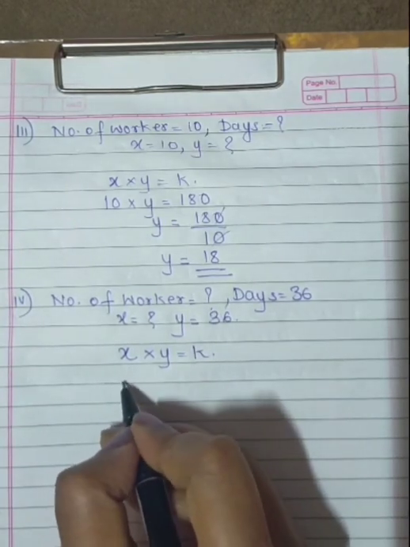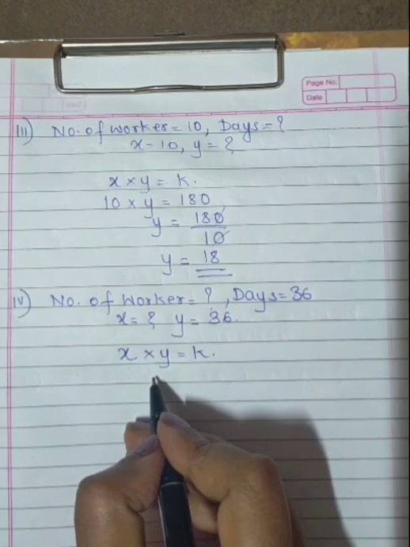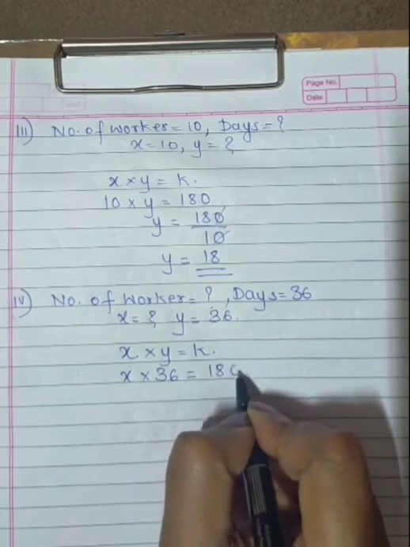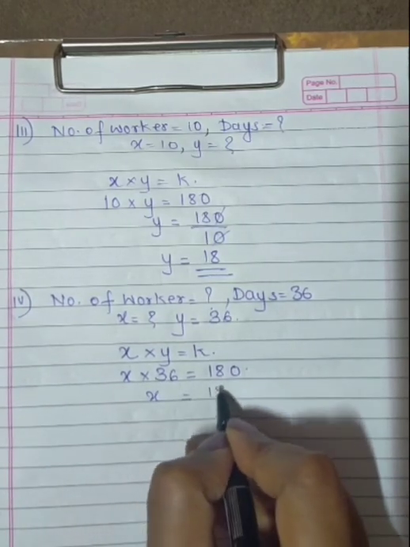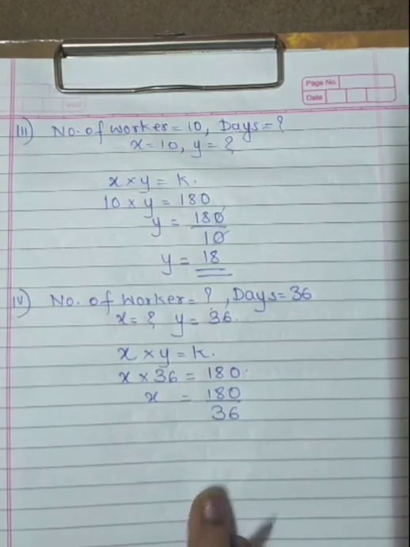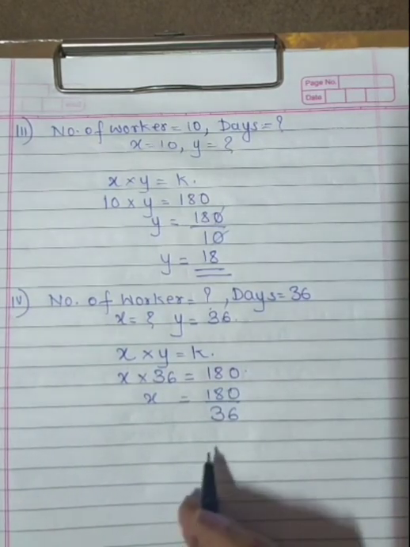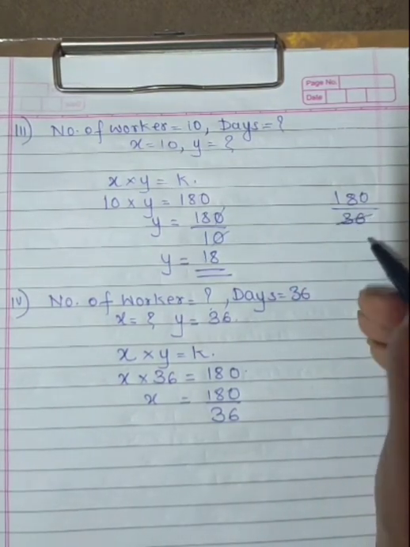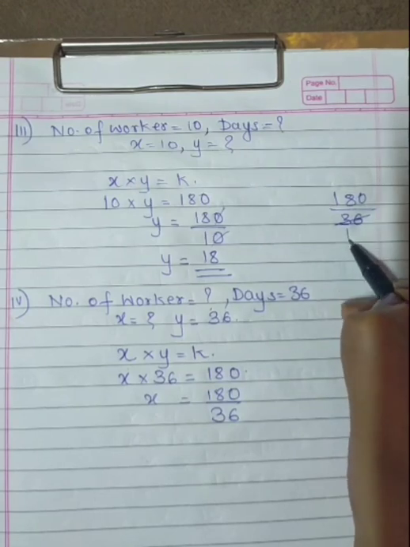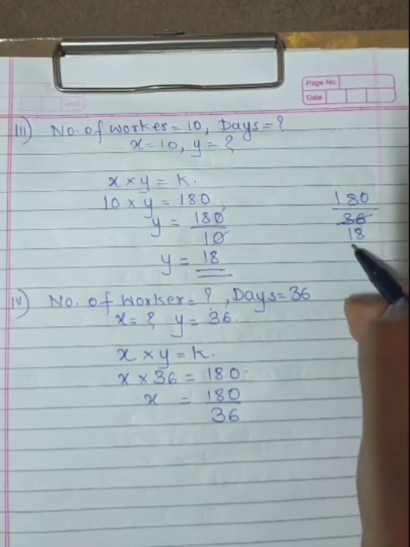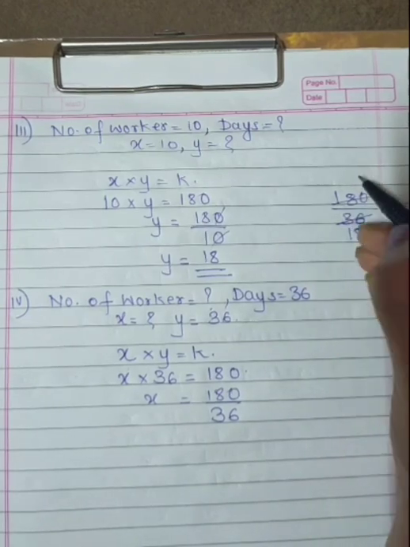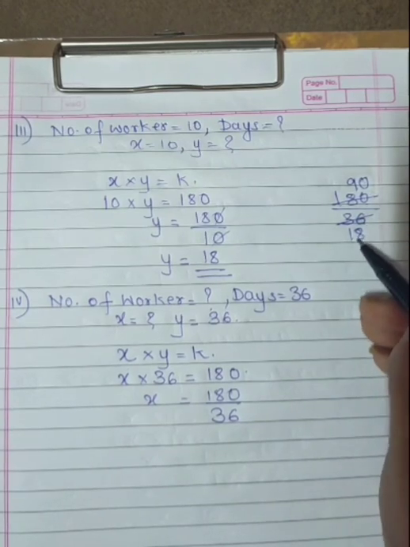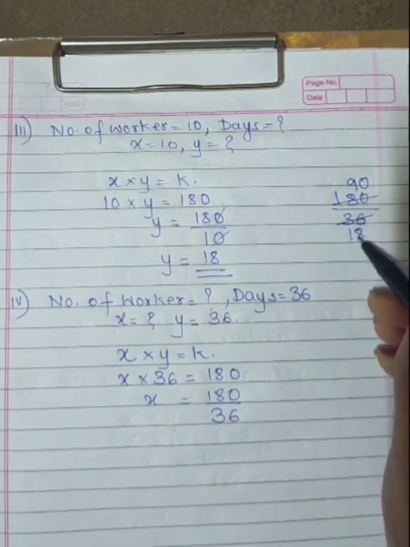Here x is not there, we are having x into 36 equal to 180. Now x is equal to 180 upon 36. Okay, now I am using the direct method here to solve. See here, 2 1s are 2, 2 8s are 16... 2 18s are 36, and here 2 9s are 18, 0, this 90s are 180. Again, both you can see it will go